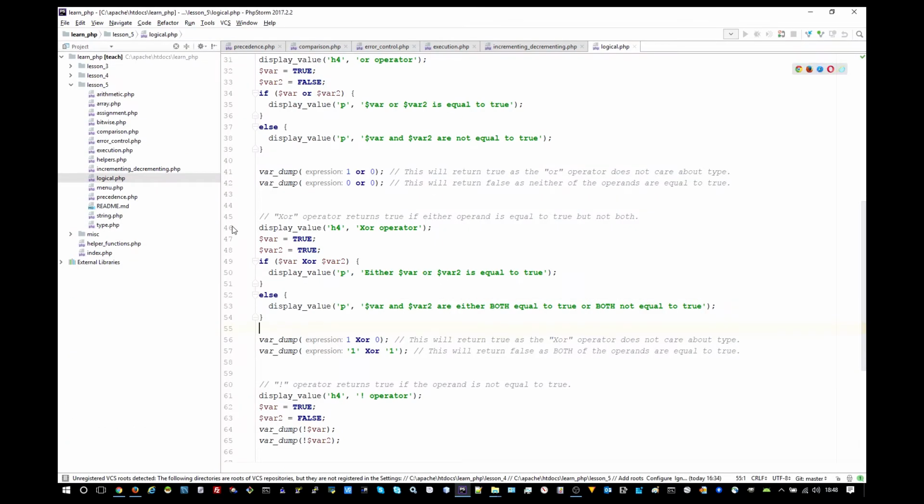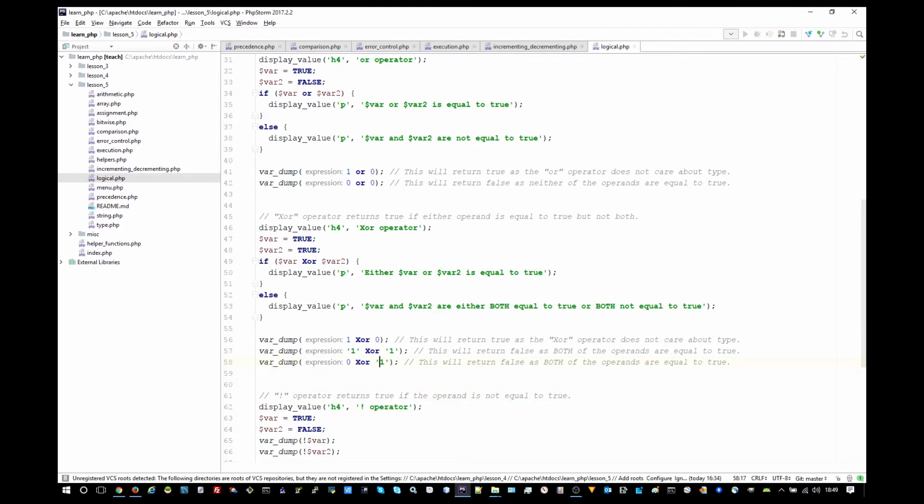Because it will fail if both are equal to true, but it will also fail if both are not equal to true. It will only pass if just one of the operands is equal to true. So here when we check 1 xor 0, that will return true because one of the values is equal to true. But when we check 1 xor 1, and we're checking with strings just to see that you can use different types, but effectively this is the same as 1 int xor 1 int, that will return false because both are equal to true, and only one of them has to be. And I'll show you 0 and 0 as well, not equal to true. So if we see the output of those,